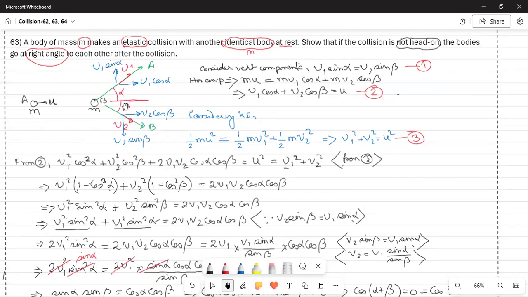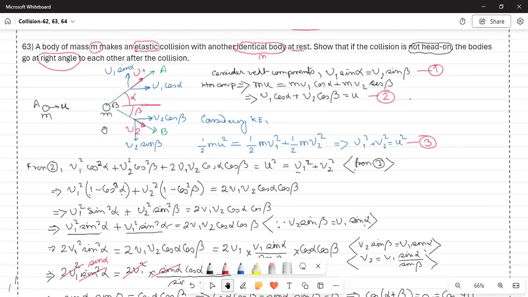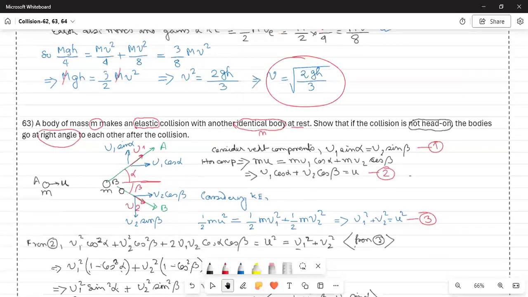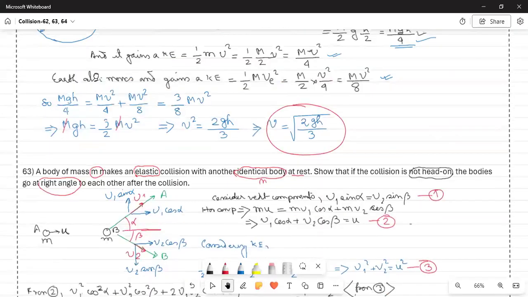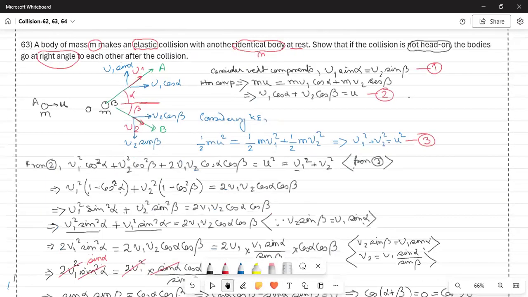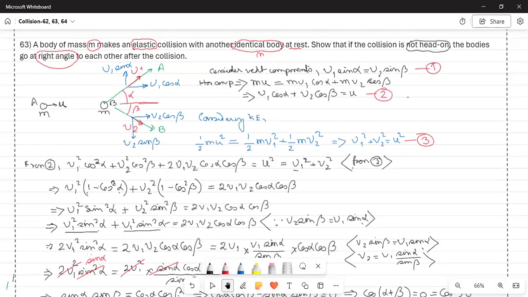If the masses of these two bodies are the same, then the angle between them after the collision will always be 90 degrees. This, of course, you can use when next time you are playing carom. You can always use this knowledge. So that was it. Next, we shall go to the